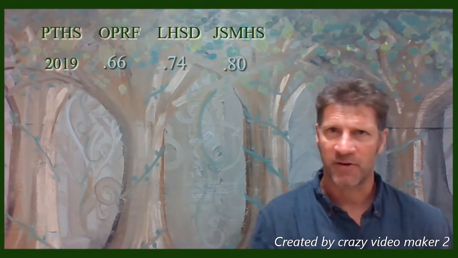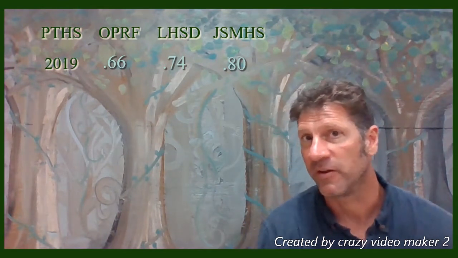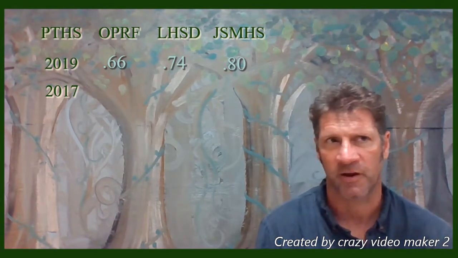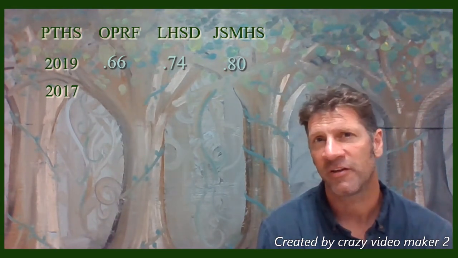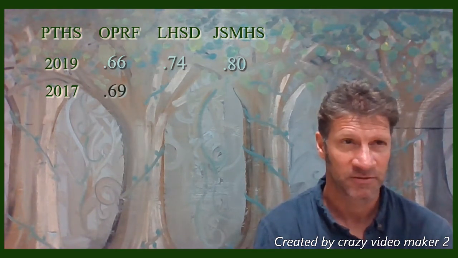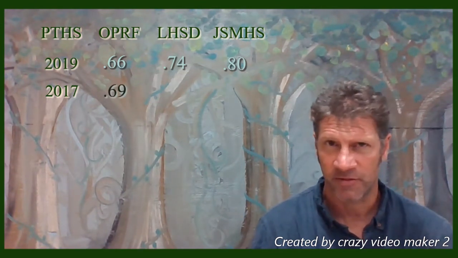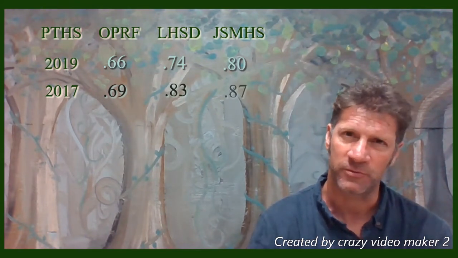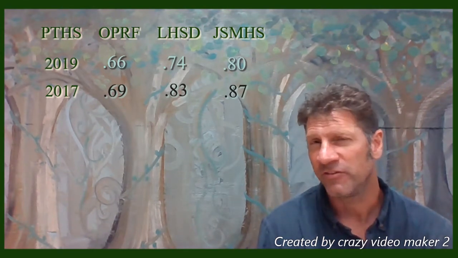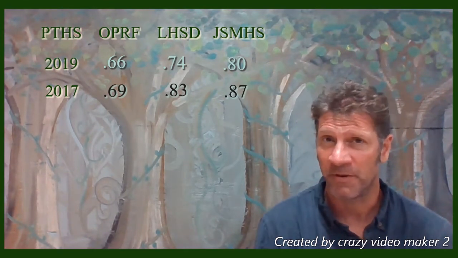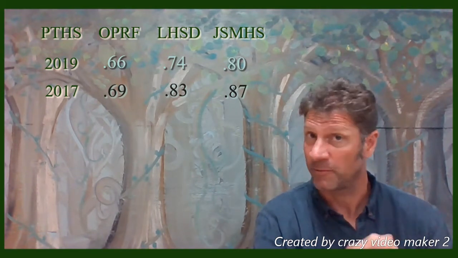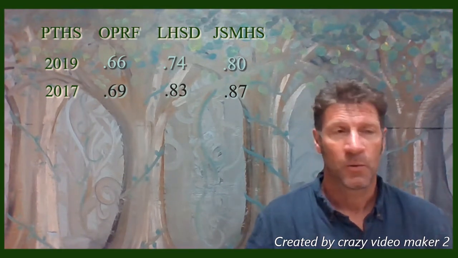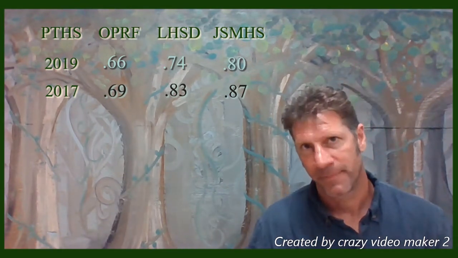Well, the contract that we have right now that just ended in 2020 was enacted in 2017. In the 2016-17 school year, per the school report card data, the OPRF teacher was earning $1, the Proviso teacher was earning 69 cents. The Leyden teacher earning $1, the Proviso teacher was earning 83 cents. And when the Morton teacher was earning $1, the Proviso teacher was earning 87 cents. So you can see our salary hole has gotten bigger. Now, it's gotten bigger in terms of the previous mathematical analysis because of the percentage increases. But when you look at these other school districts, it's gotten bigger as well. So we're underpaid now more than we were underpaid back then.